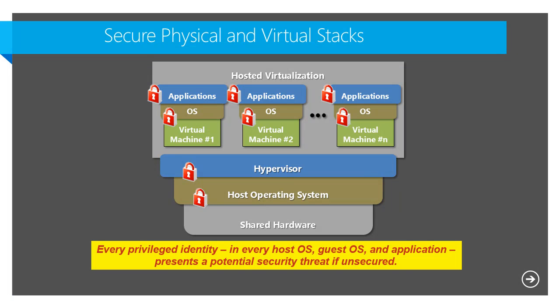And we have this kind of upside-down cake of things that you need to manage if you're going to really be compliant and also be secure. So this goes all the way from the hardware layer all the way up into the hosted virtualization layer. And it's not to say that this is an issue specifically with Microsoft. VMware has the same problem, as does Xen, as does any hypervisor. So literally, this problem becomes bigger because of the number of hosts and the number of things that are being hosted within that particular host hypervisor.